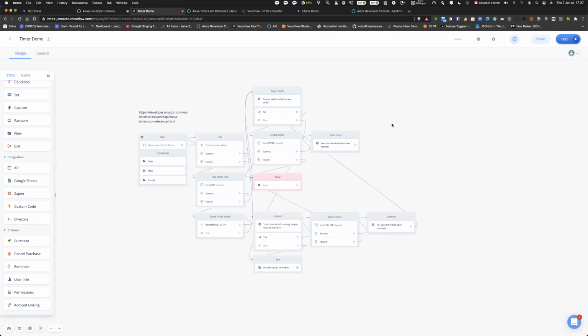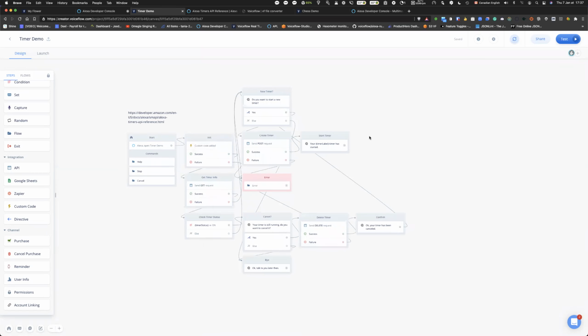The other part of it will be, well, know that we have access to this. And by the way, using this will allow the skill, when you upload the skill to the Alexa Developer Console, this will also enable the access to the timer, as well as when you will use the permission block. So this one, it will generate a card, so that it will ask the user to allow access to